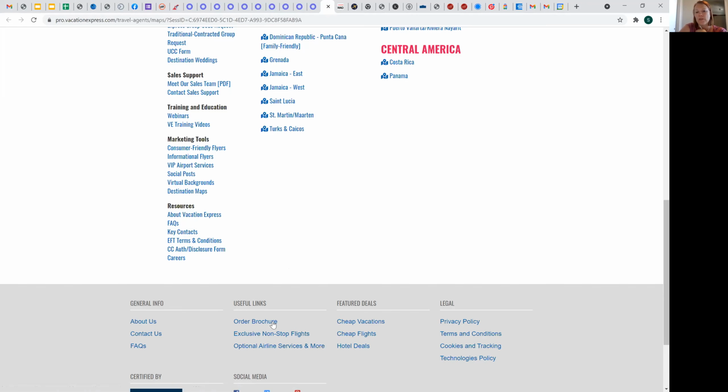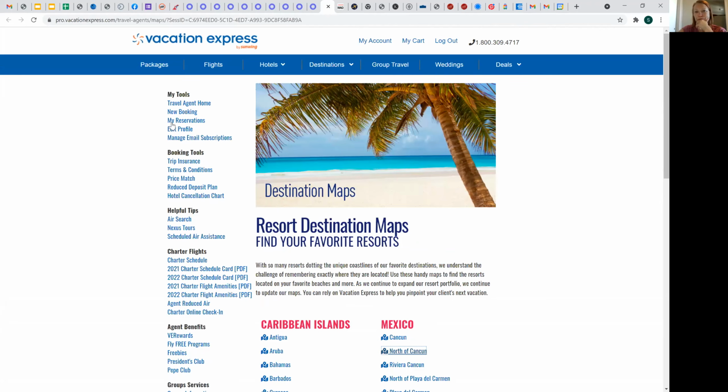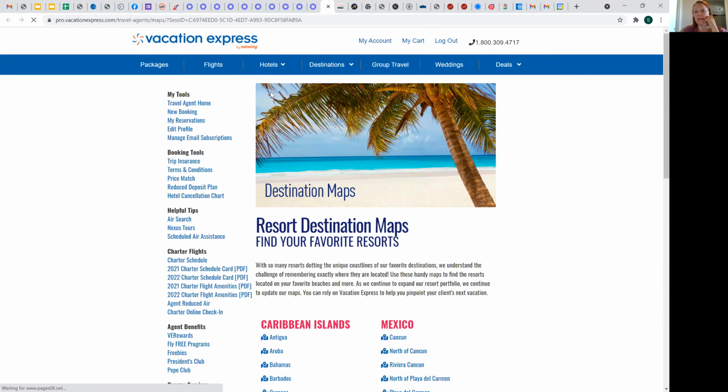So you can't order brochures from them right now because of course everybody went to online brochures, which is, you know, not great, but hopefully they will bring that back. But lots and lots of information. If you don't want to click through all of the back, you can click down and do the drop down box of hotels. It will give you a list